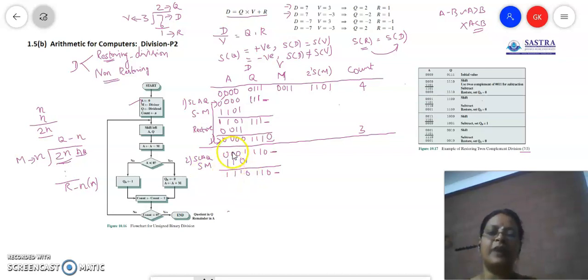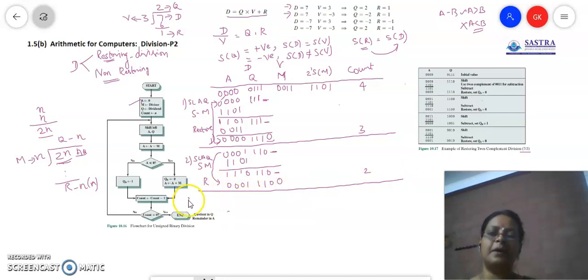So what we have to do? We have to again restore back. Here restoring is nothing but adding. I am not going to do the addition, I am just going to write down the same number. After restoring you will get back the same number. So you will be getting 0 0 0 1 and then 1 1 0, and because we have restored, the subtraction is not successful, so you will set the quotient to 0 and you are done with one bit. So we will decrement the count. The count is not 0, so you will go to the next step.